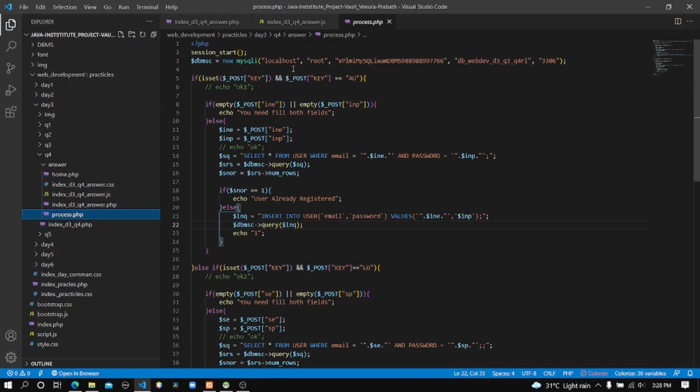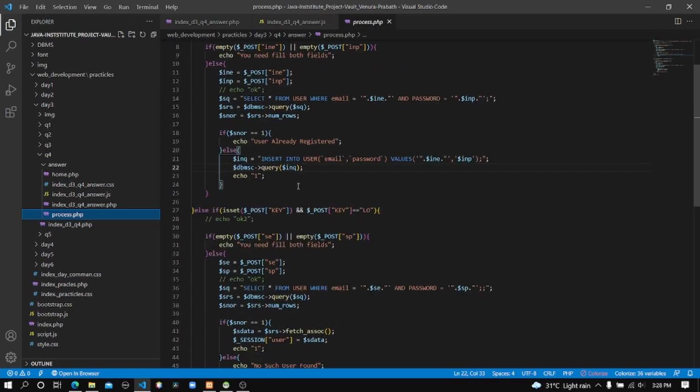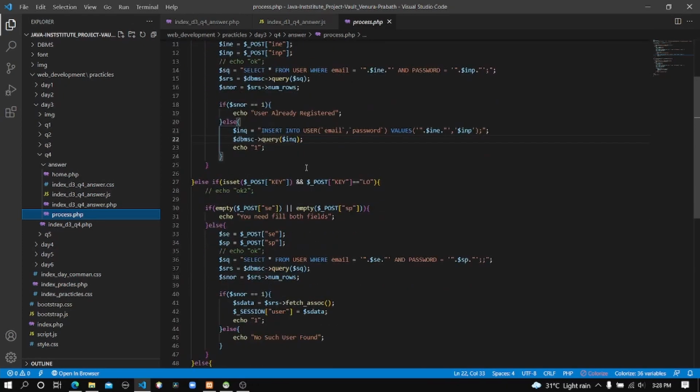And after that, again it will check that the value combined to that name key is AU. If both of these conditions are met, it will execute this code line and only that code line. And if one of these conditions is not met, it will check this part of the code.